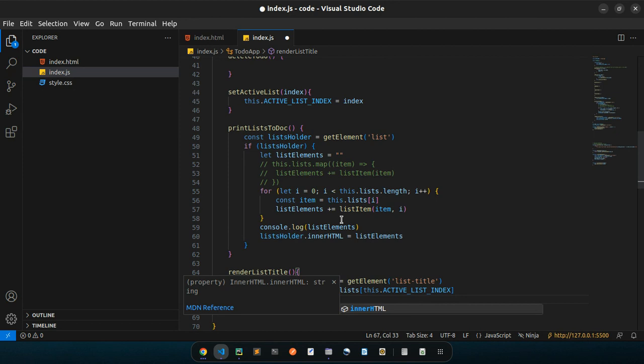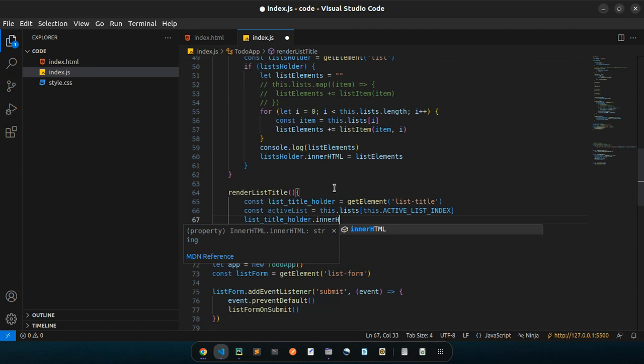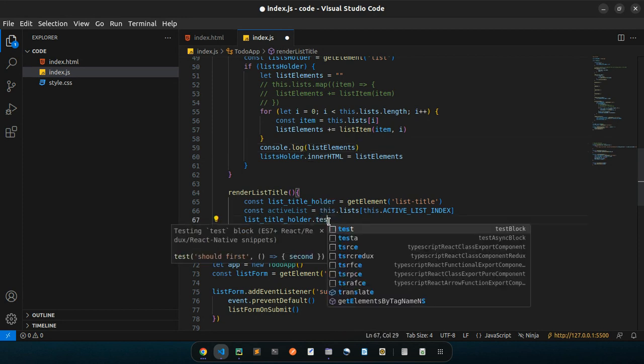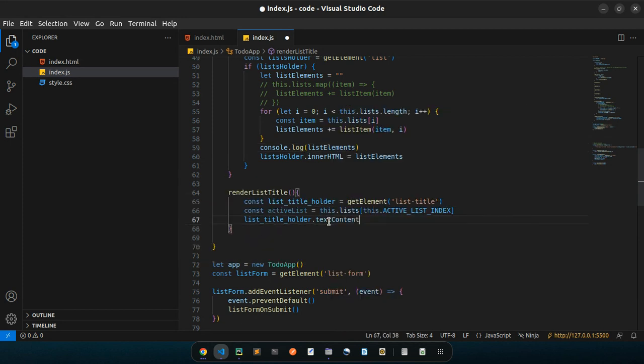Though sometimes you can use inner HTML, for example, here I have said inner HTML because I'm rendering HTML elements. But remember, when you are rendering HTML elements, you need to sanitize them. More about security later on. I believe that's the last topic, but just know about these things. So I'm going to say text content because it's just a text content. It will be the active